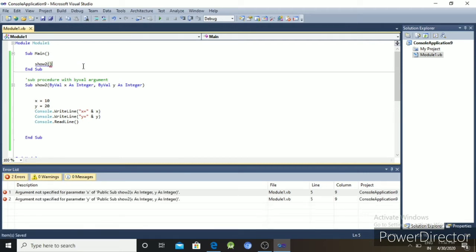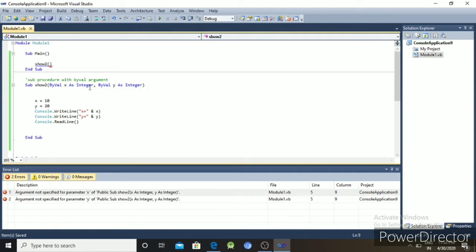So this ByVal means call by value. You might know call by value from the C programming language, where the formal arguments are changed but not the actual arguments.